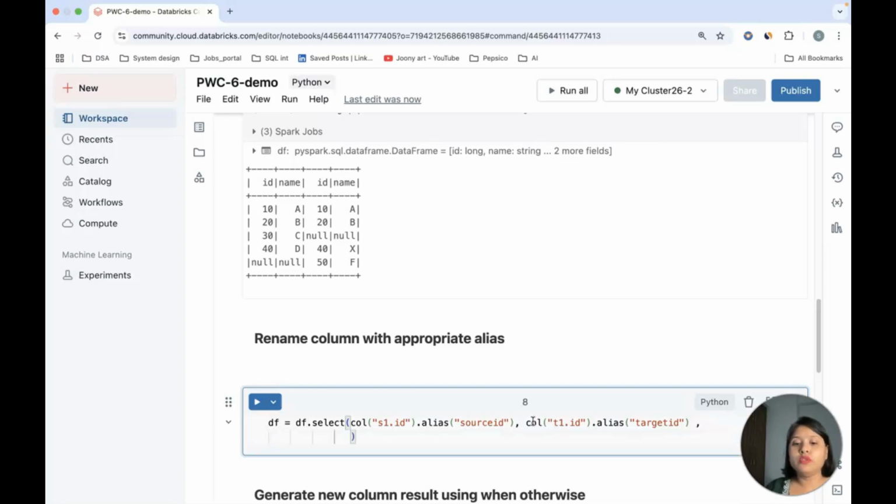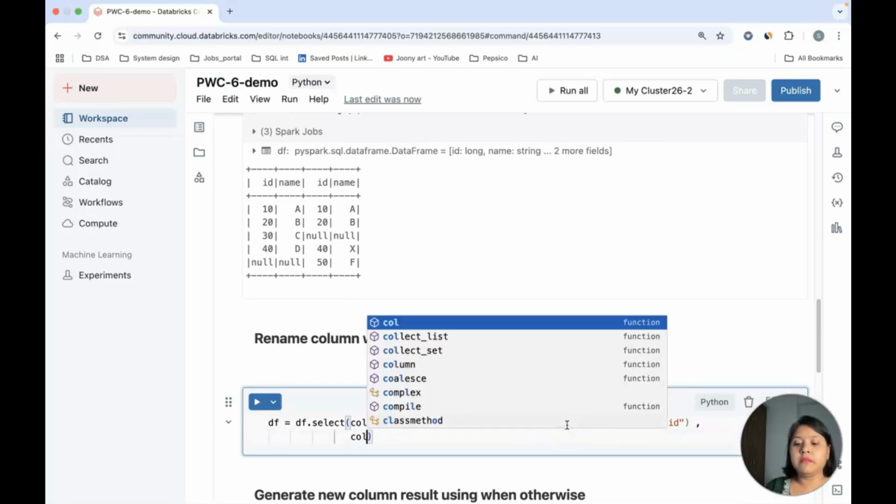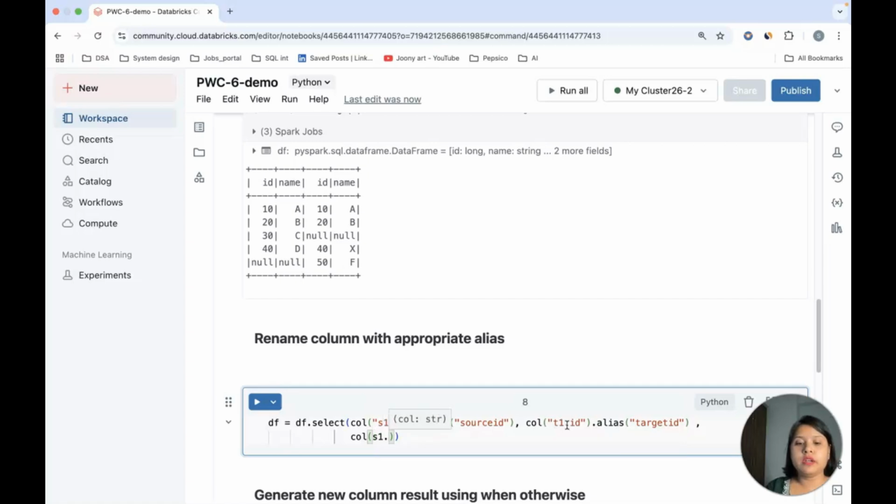Now I will also be selecting the names. So s1.name alias, I'll use source name.